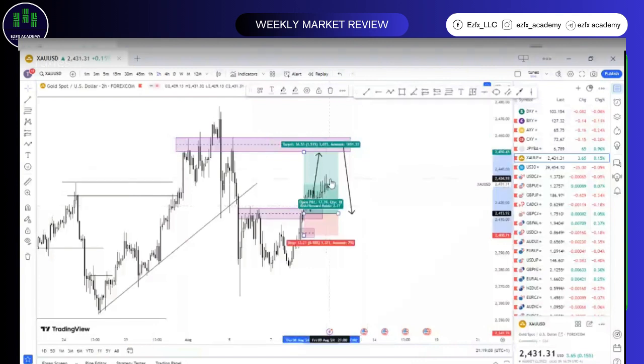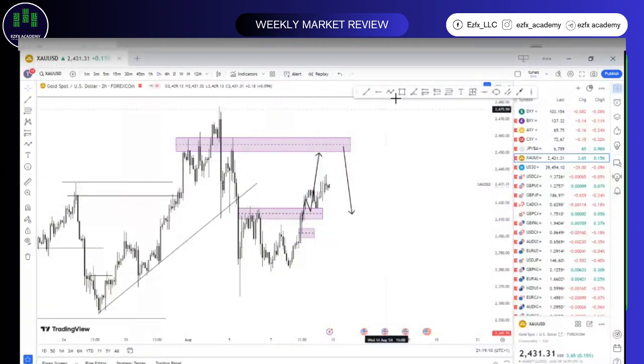I think I can delete this for now. All right, so I'll watch out for price to move towards this upside, get into the supply zone, and then we get to see our drop from there on gold. We've seen a simple break and retest of this zone here. Can you see that we had